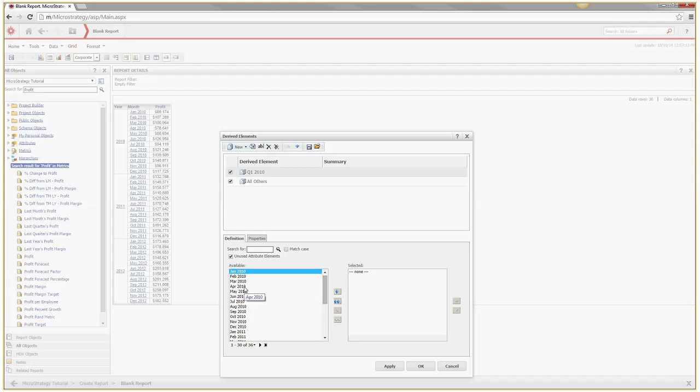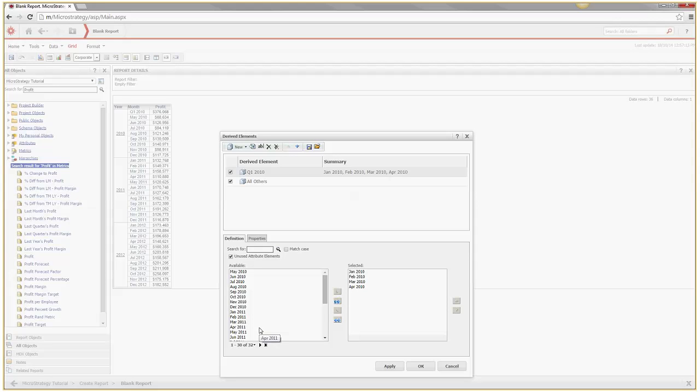So I want Jan, Feb, March, April. I'm sorry, press Shift on your keyboard on the first and the last element. Okay, and click on this over here and click on Apply. So you should see those popping up over here, and you'll see that they have gone away from this list over here.